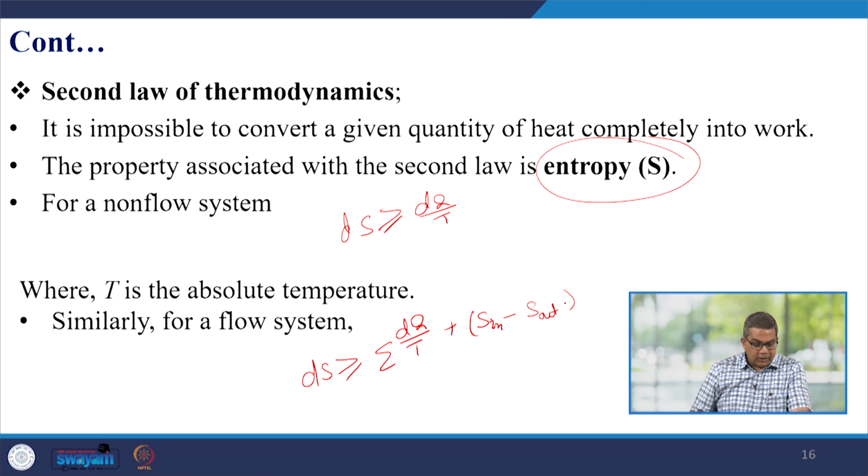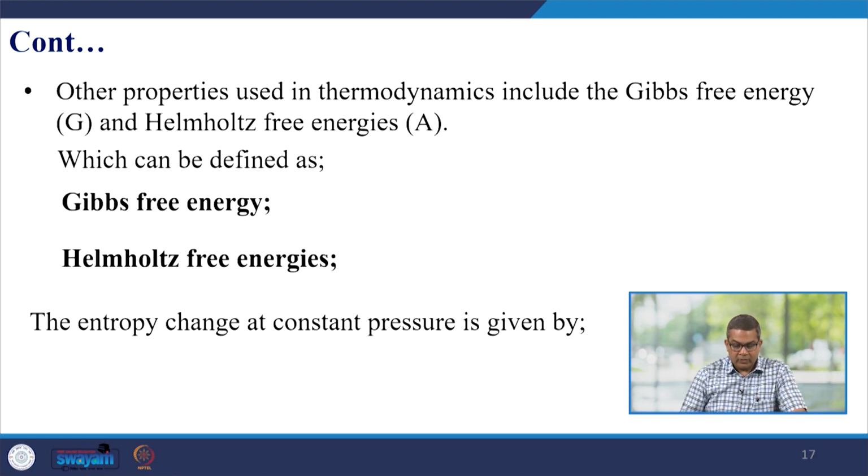So, when we talk about the other properties in thermodynamics, this includes the Gibbs free energy and Helmholtz free energy or Helmholtz work function. The Gibbs free energy is represented as G, where H is enthalpy, T is temperature, and S is the entropy, and the Helmholtz work function or Helmholtz free energy